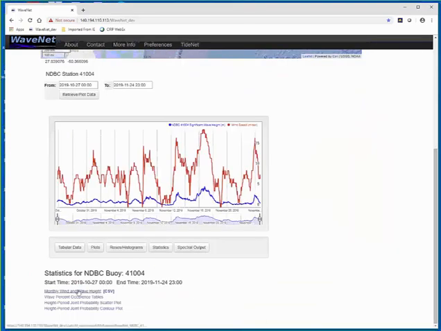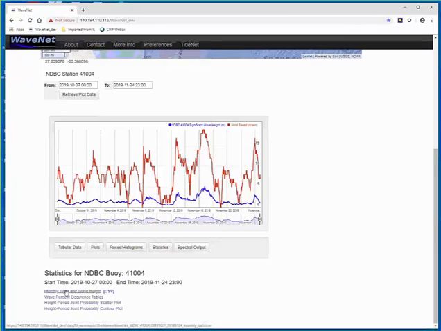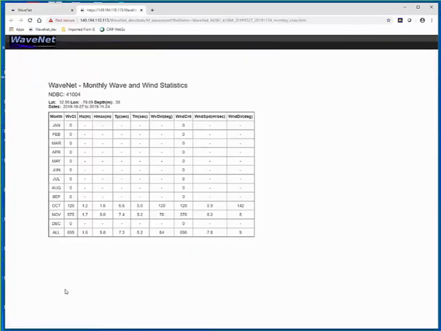Statistics have monthly wind and wave input, wind and wave height and percent occurrence tables, and then a height-period joint probability scatter plots and the contour plots. Starting with this, notice that this is just a table, and you can cut it and paste it, or we also generate basically a CSV version of this so that you can save it.